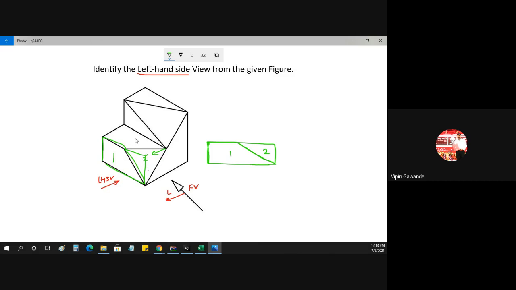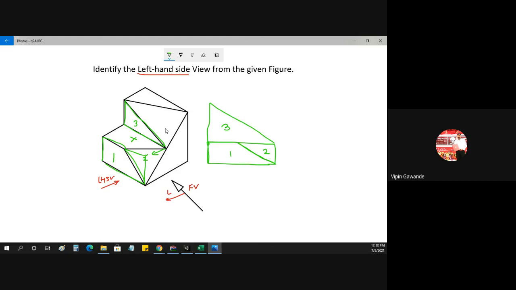Now, what is the next surface? This is not visible. This is a horizontal surface. Now we'll get this triangle here, because that is a vertical surface. The triangle is visible to the observer. Third surface. Now we have to draw that triangle. So it is something like this. So this is triangle 3, because that is a vertical surface, and vertical surfaces are visible.